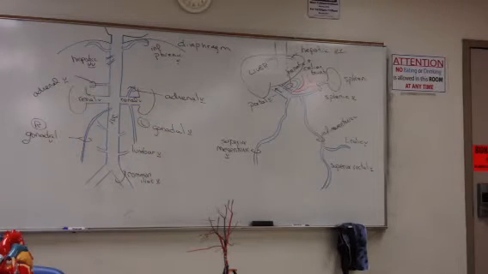So if I were to say, trace a drop of blood from the heart to the small intestine and back to the heart again, you would go heart, ascending aorta, arch of the aorta, thoracic aorta, abdominal aorta. What's the vessel that carries blood from the abdominal aorta to the small intestine? Superior mesenteric artery. And then I would have piped out small intestine. You wouldn't have to worry about capillary beds. Okay. Then we would return